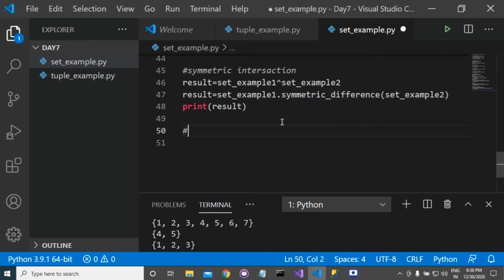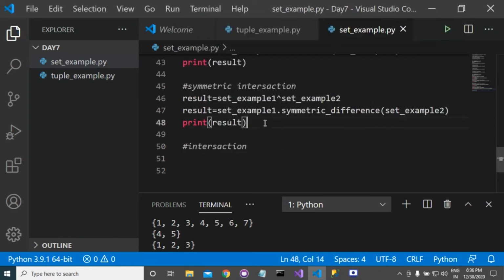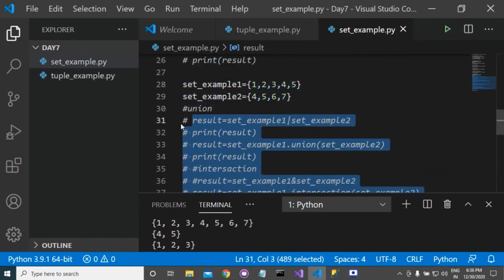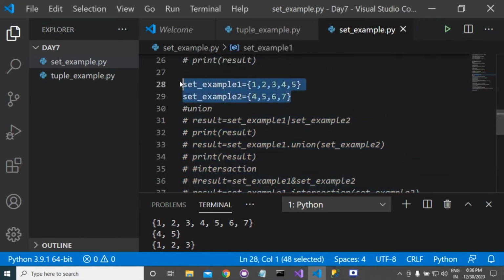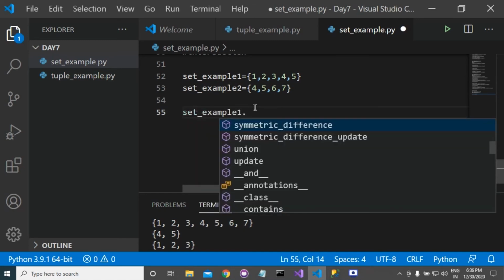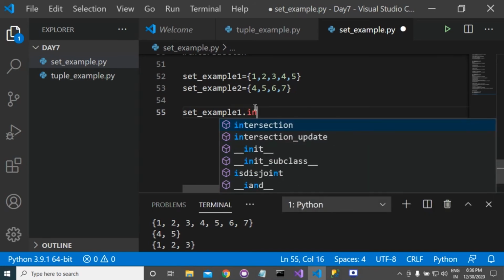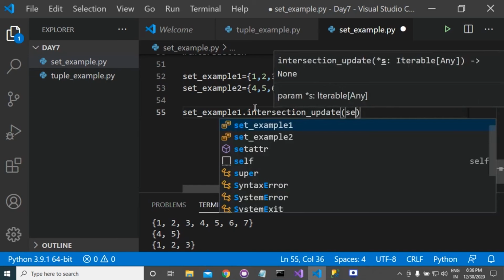Now, if you talk about intersection, suppose that we have two sets. First I am commenting this. And if you write set example one dot intersection update set example two.